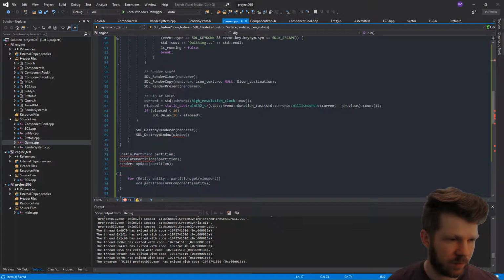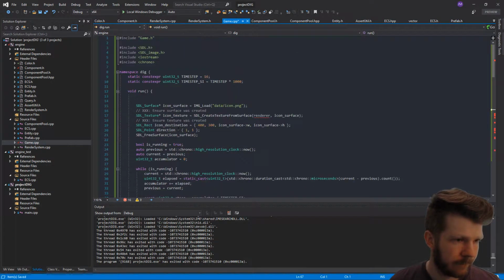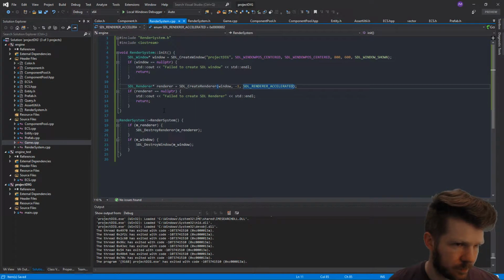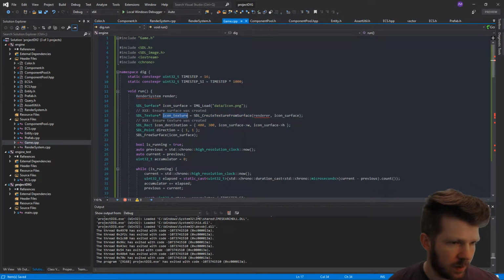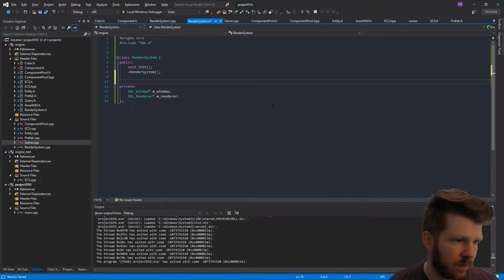We're going to need to get our render somehow. So we don't need to do this anymore. What we'll want to do is get our render system. And yeah, really what I need to do, create. I guess for now what I can do, I don't think I want to do this in the long run,